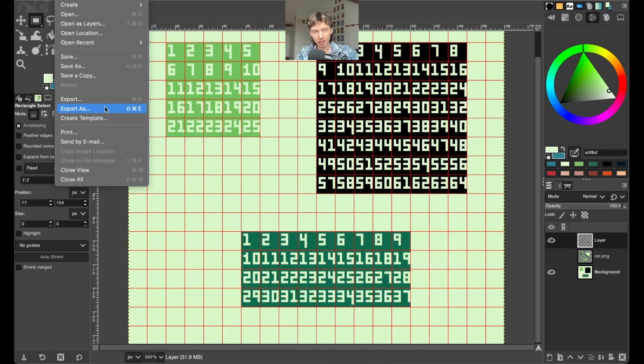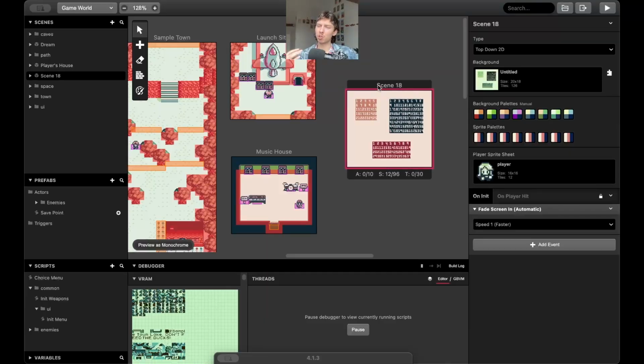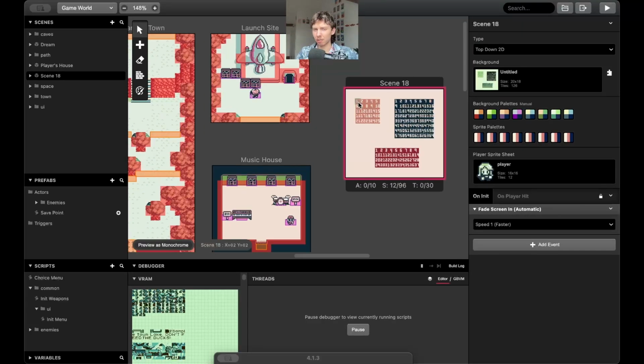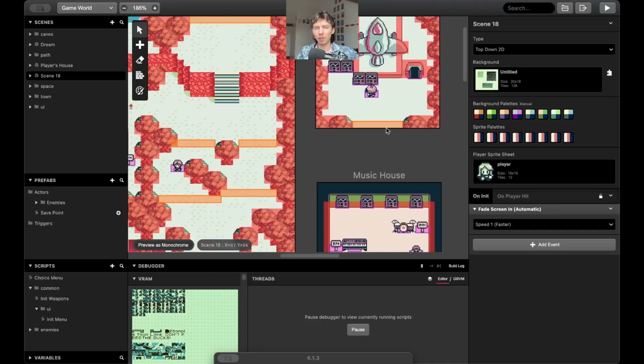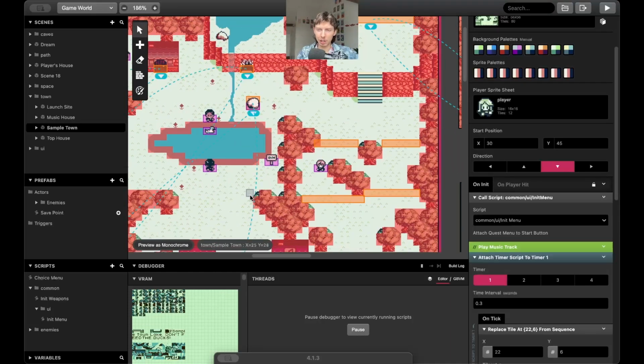So we're going to export as a PNG into the backgrounds folder of our project. And you won't see this of mine because it's my own personal file structure. But yeah, I feel as though I am jumping ahead because there is no reason yet for us to know why we're using these numbers. And it's because of tile switching, as I've said. And so let's have a look at the scripting. Let's start scripting how this